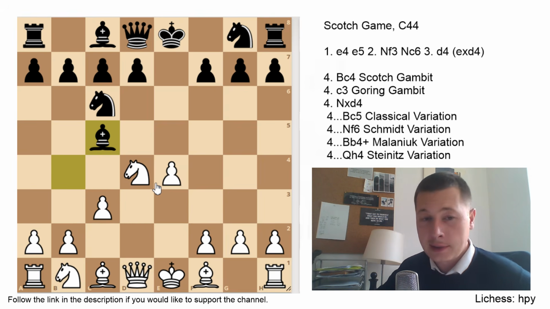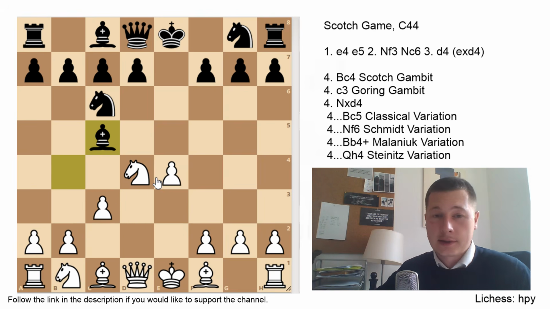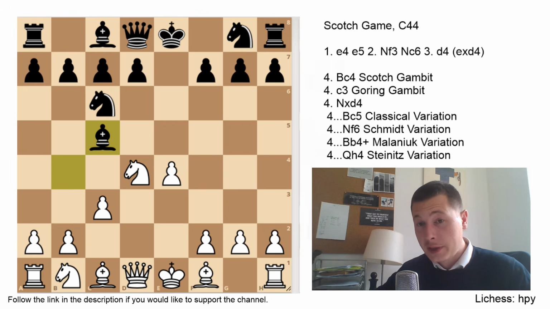Now the debate is whether c3 is a nuisance or a good move. In my opinion, you don't get to develop your knight to c3, which can be a really bad thing. If you have to develop the knight to d2, then your e4 pawn is protected, but your knight is not, and you might hang a pawn there. So it's definitely double-edged and interesting to learn the variation and to know the plans without your knight on c3 as white. So we're going to look at the Malaniuk variation for that reason. And now we come to the two main